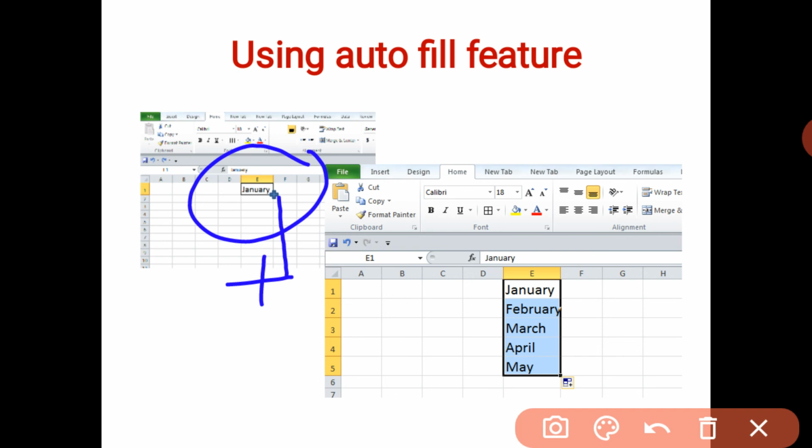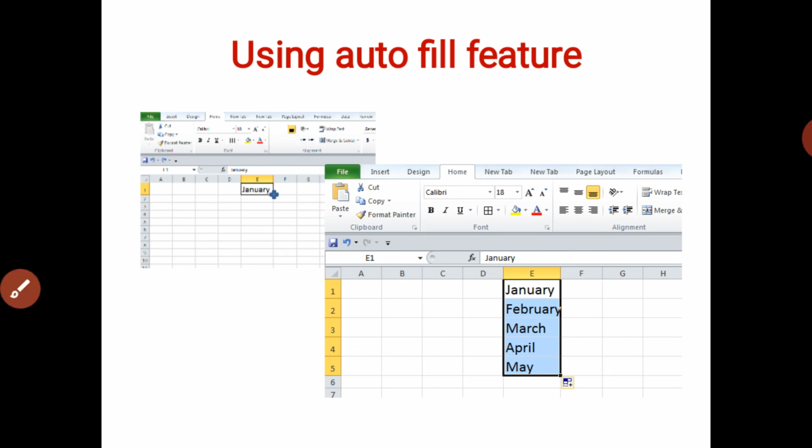And when you release that button, it will give you the desired result. It means it will automatically fill your values like January, February, March, April, May and so on. However many cells you select, it will give you the desired values as per your requirement, okay? So this is using the autofill feature.